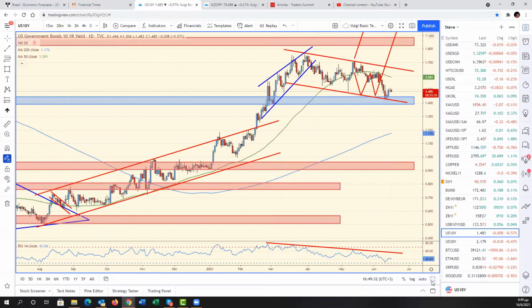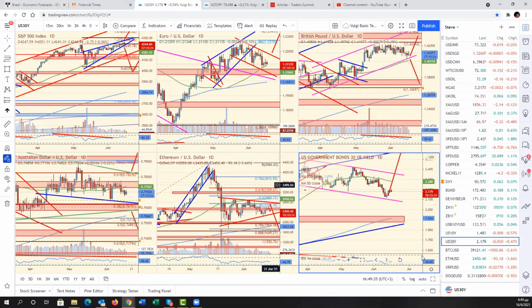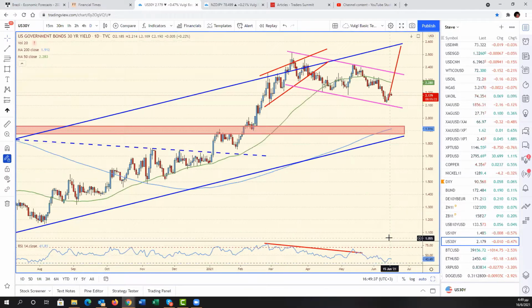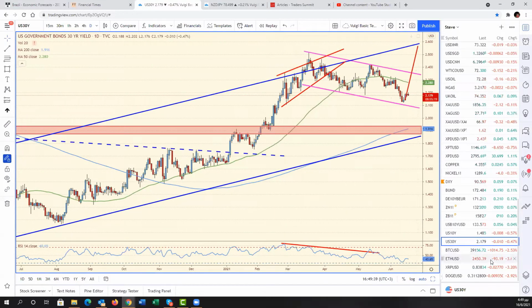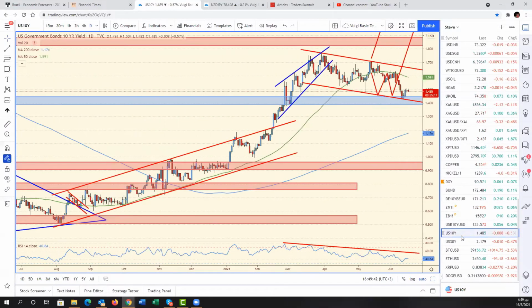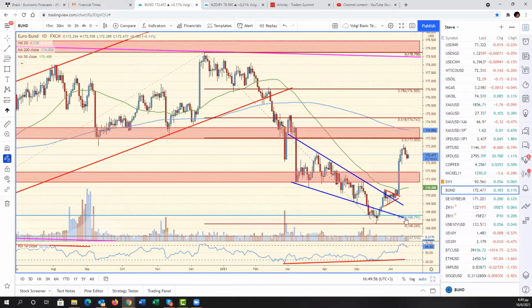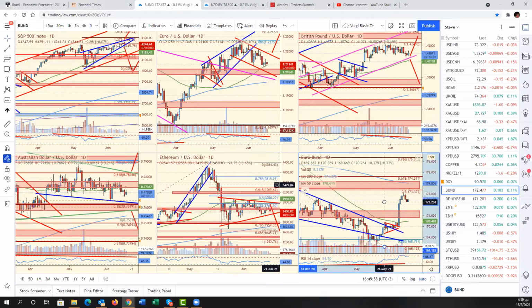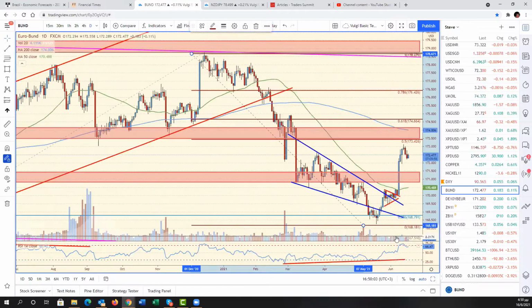By the way, the 30-year looks exactly the same. Yeah, I'm with you. I think yields are going higher eventually. They have to go higher. So let's see what the Fed brings us. I'm still looking to short bonds and treasuries, but not at the moment. I'm still trying to debate with myself where the proper entry level is. But that's a good question, and my bias is bearish, that's for sure.